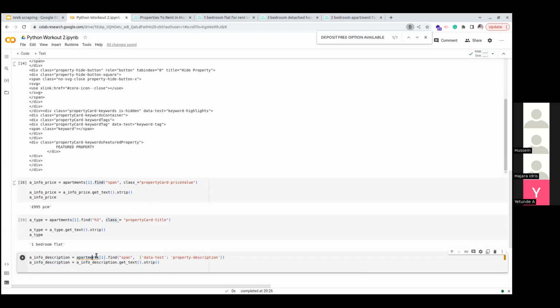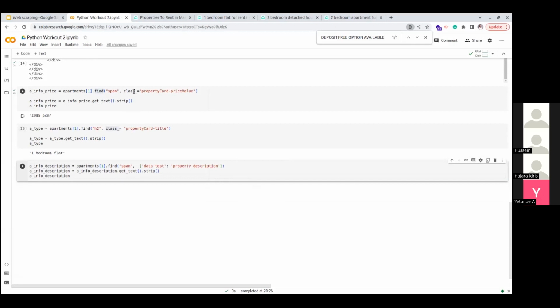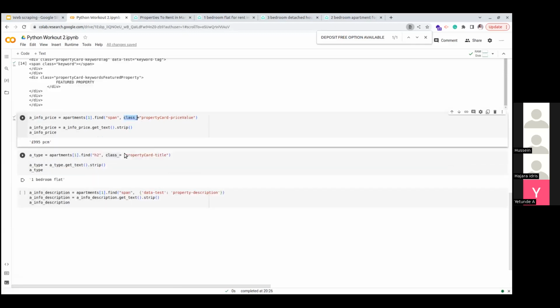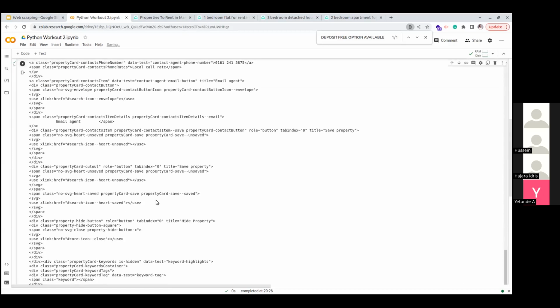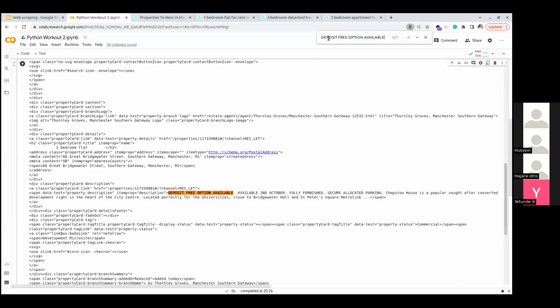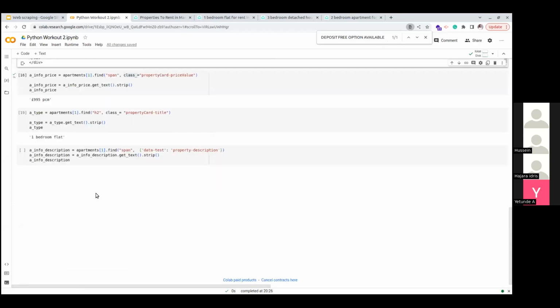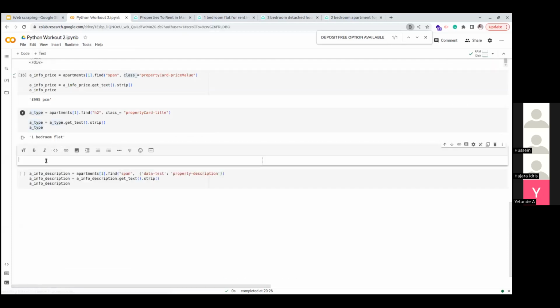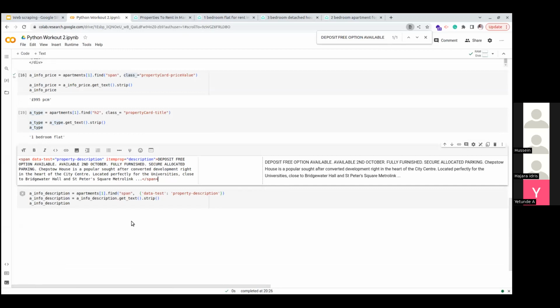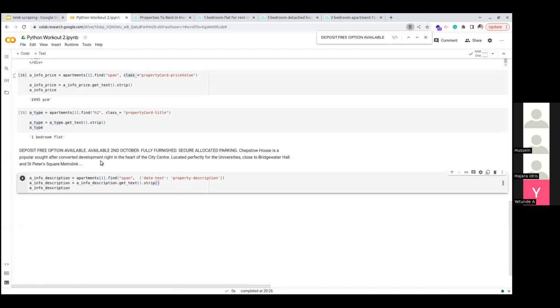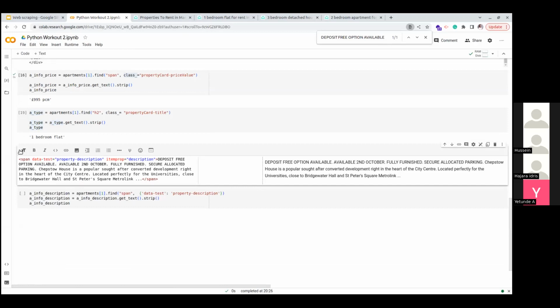What's happening? Apartment one. Okay, so you see that it's different from this class, so let me copy what I have here so that we can really examine why it's that way. Interesting. Let me put it as text here. So why now? Okay, it's because it's reading it as, let's just look at it like this. There's a span, right? In this span, there's no class. What we have is data test and item prop, right?